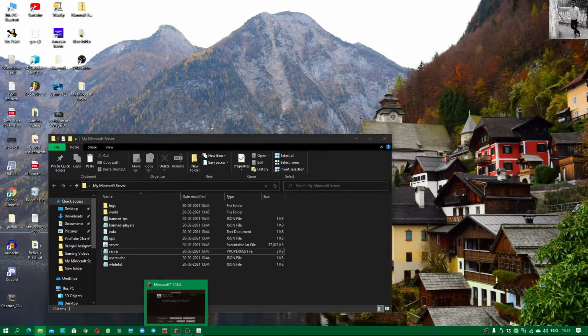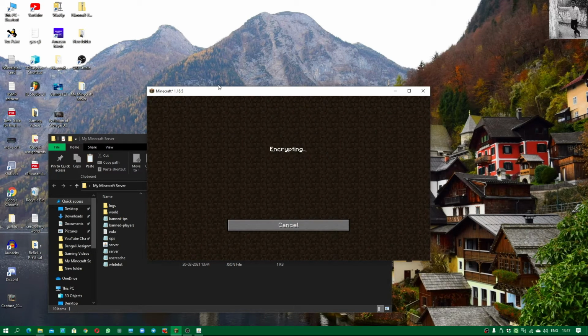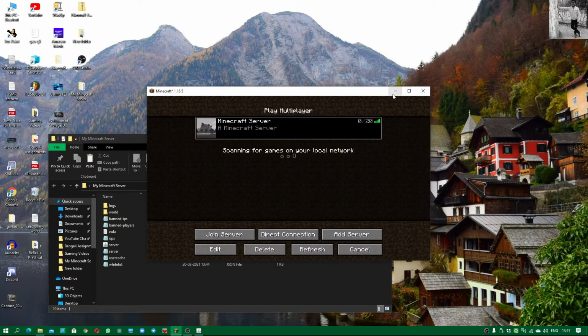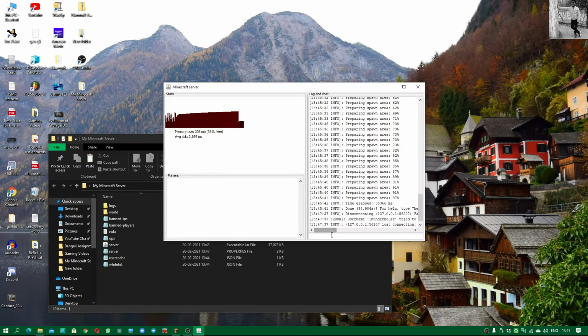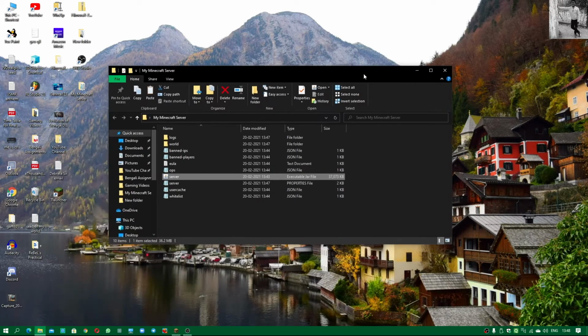Okay, so for example, in this case I try to join the server, you will see that the server will not authenticate me. It will say failed to verify username. Exactly what I predicted, because it's in online mode. Now we need to stop the server. Just type stop and the server stops. Okay, so this is how easy it is. And again you need to just restart the server with online mode given false, and you will see that I will be able to log in here also from my T-Launcher easily. Now I'm showing you how it will be done.